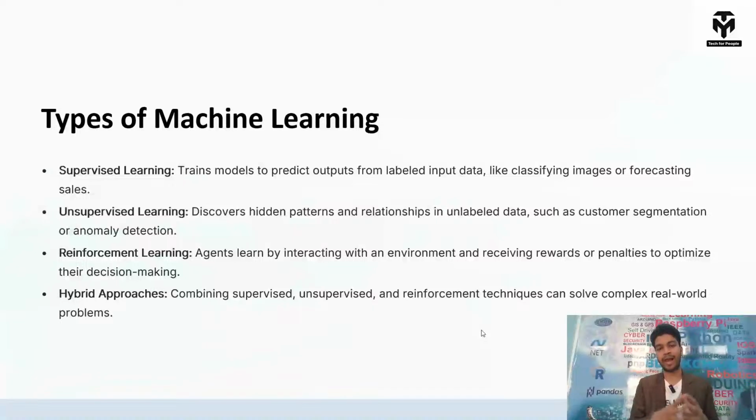Reinforcement learning is something like you will have an agent, and it will have an environment. Based on that, the agent will learn by itself, without a guiding force. The agent will be thrown into an environment where, based on the environment state, it will take an action, and if the action is towards the goal, it will get rewards. So based on the reward system, positive and negative rewards, the agent will learn. AI usually, artificial intelligence or ChatGPT, LLM models, whatever it is, basically they make use of reinforcement learning techniques.